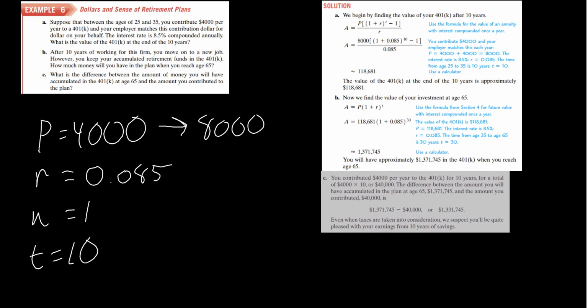All right, so part C reads, what is the difference between the amount of money you will have accumulated in the 401k at the age of 65 and the amount you contributed to the plan? So again, the math here is we're going to take what we got from the interest, and we're going to subtract how much we put into our account each year. Okay, so if we put in 4,000 each year, well, $4,000, and